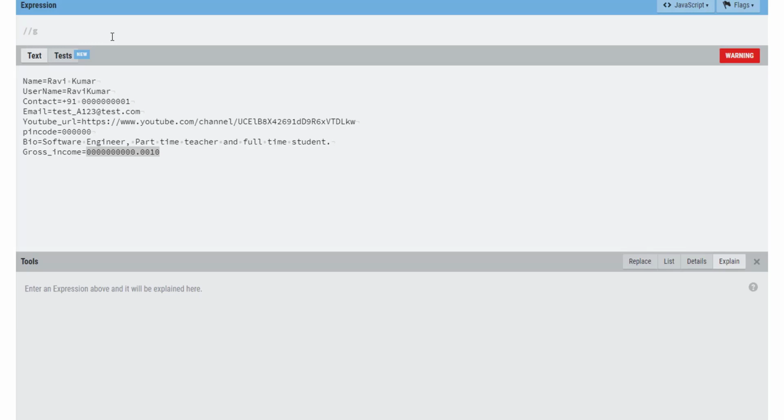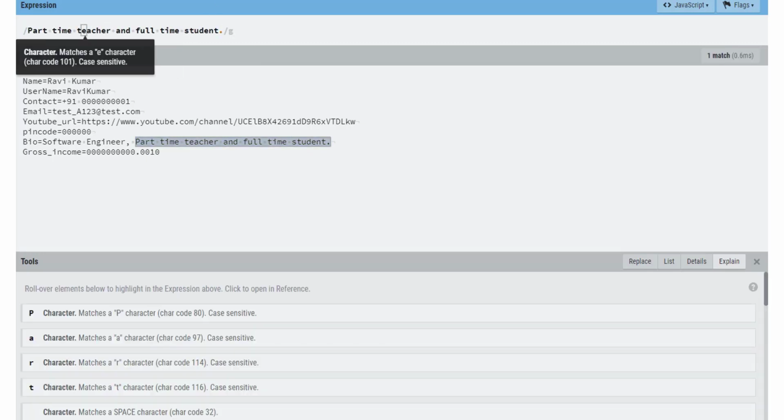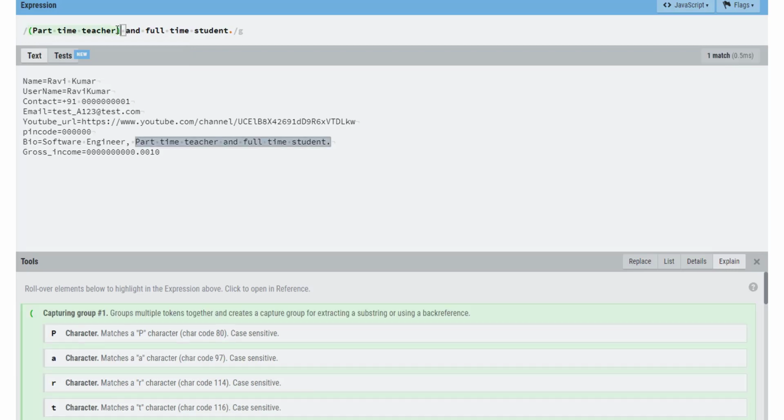We have one thing called alternation. It matches either of the patterns. For example, we have two patterns over here, part-time teacher and full-time student. Let's copy this and paste it over here. First of all, let's make it a capturing group, and make this also a group.